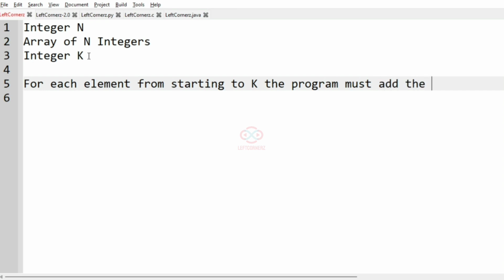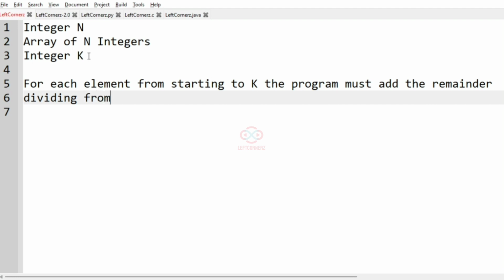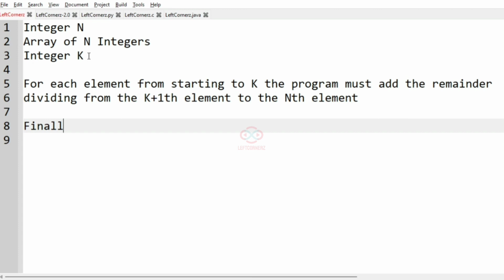The program must add the remainder, that is, the program must add the remainder dividing from the k plus 1th element to the n element, and finally the program must print the revised array